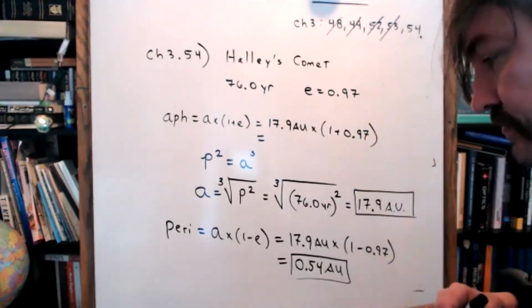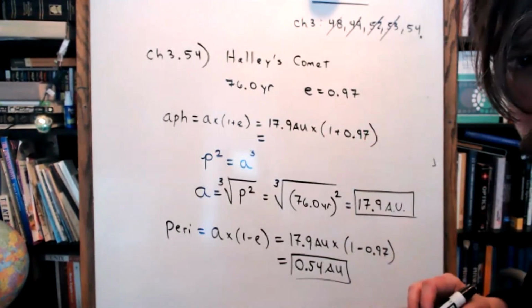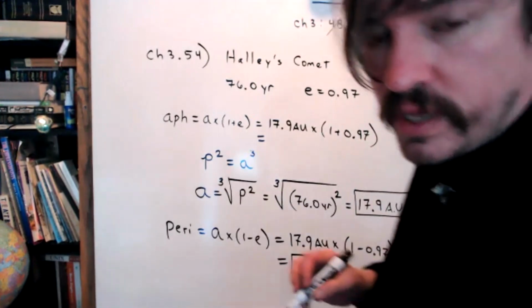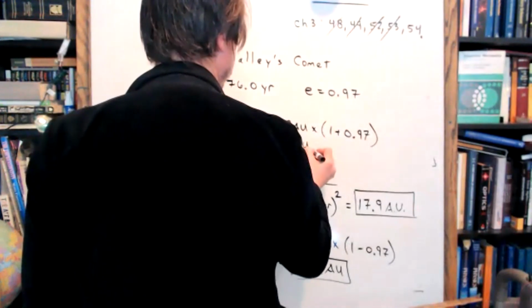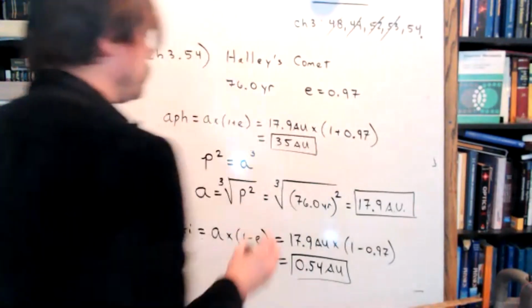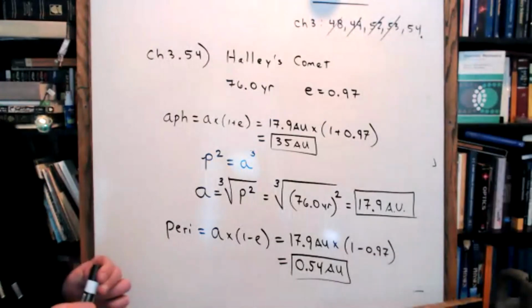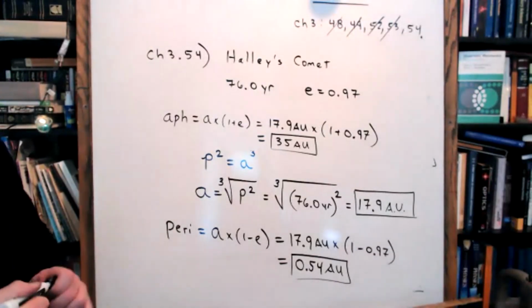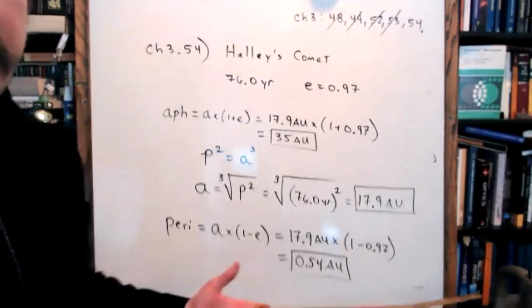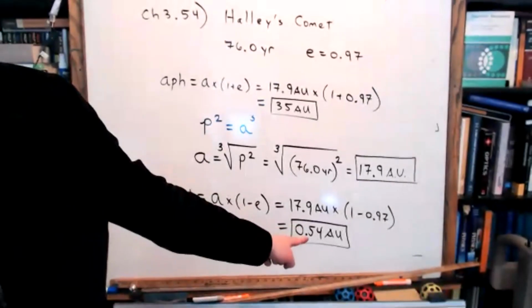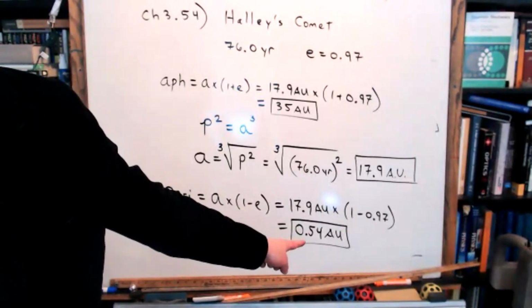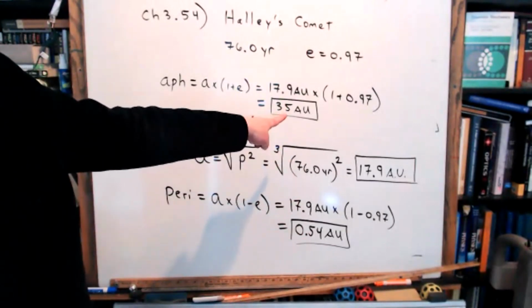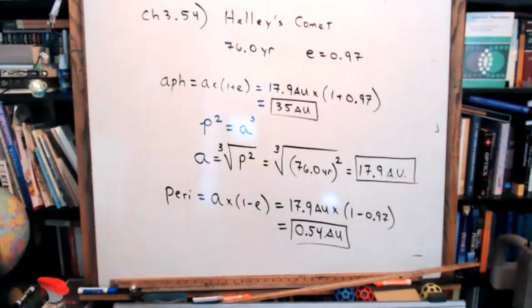Ooh. For this one, I got 35 for the F and give me the units. AU. Very good. Which is almost out to the orbit of Pluto. As I mentioned today about comets, comets oftentimes come interior to the orbit of the sun. That's when they get their tail. And then they go outside the orbit of Neptune, where they freeze back into ice balls.